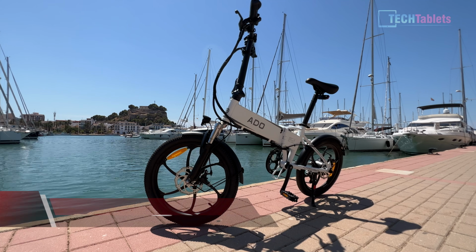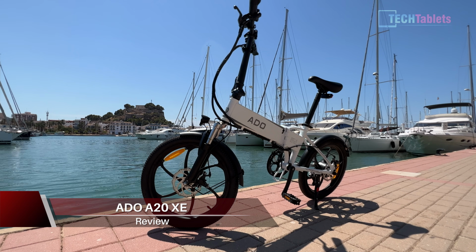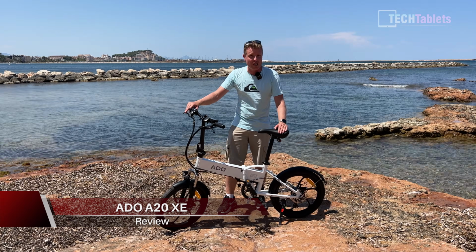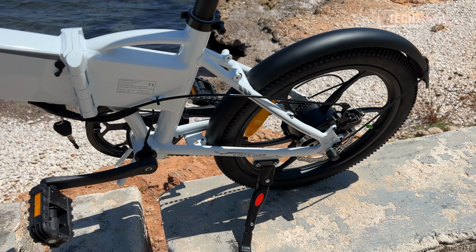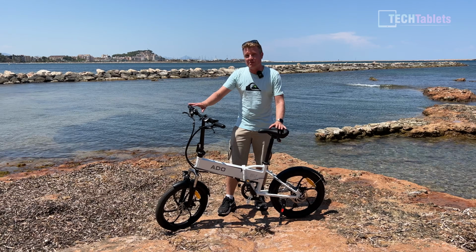It's a bike that, when I reviewed it, had a few niggles that I said they should improve upon, and we now have this, the A20XE version, which is a revised, improved model. Straight away you'll notice that, oh hang on, the mudguards are different. So there are some differences, which I will cover in this video in detail, but the base bike is